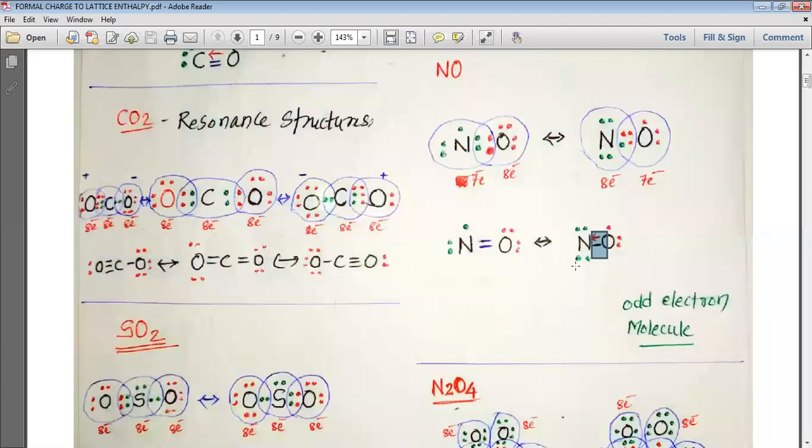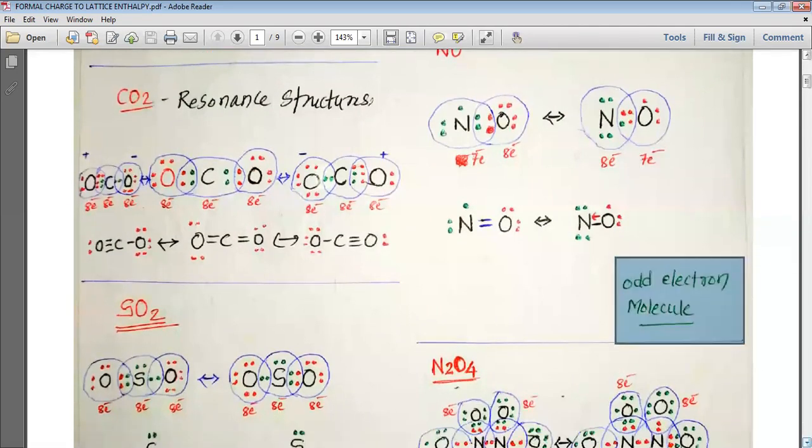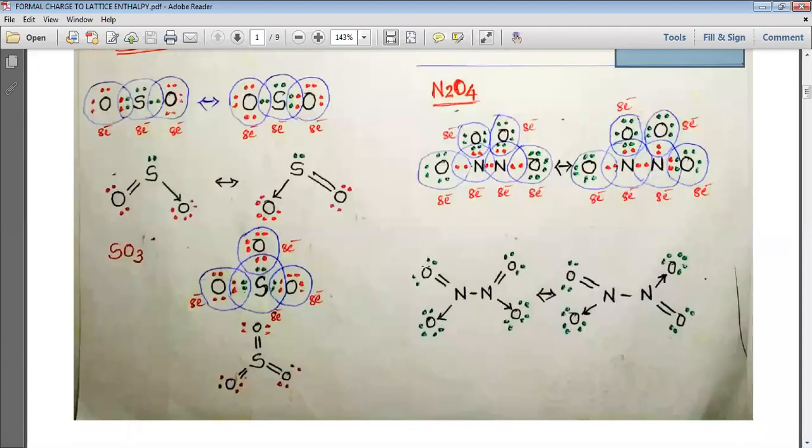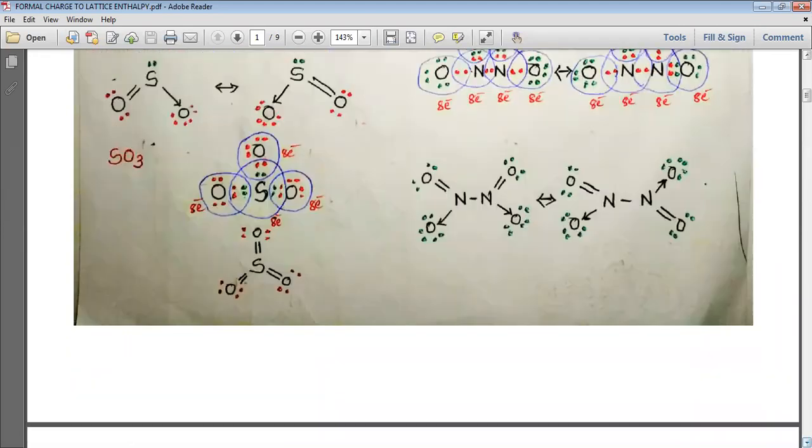In that case, nitrogen has 4 electrons, but this oxygen still has 3 electrons left with it, which is the lone pair, and in this case the octet of oxygen is not attained, and this is how we have a wonderful example of the odd electron molecule. We can even go for some of the oxides of nitrogen. You can see here that all nitrogen and oxygen atoms acquire their octet, and we can show two different resonance structures for N2O4, my dear students.